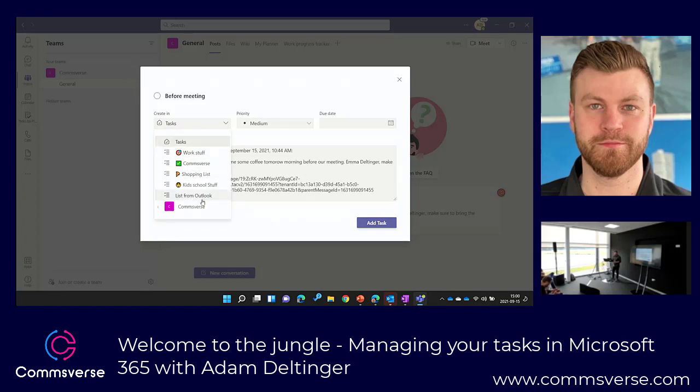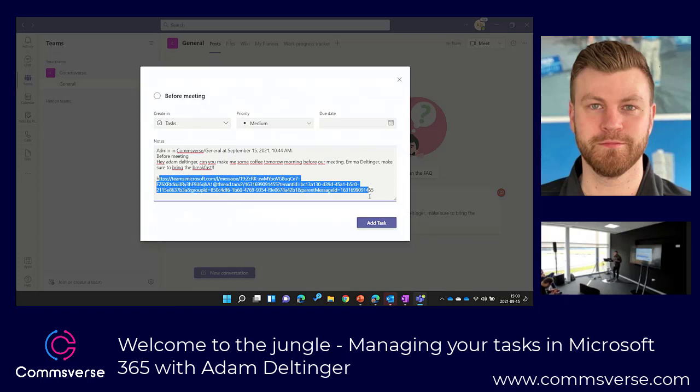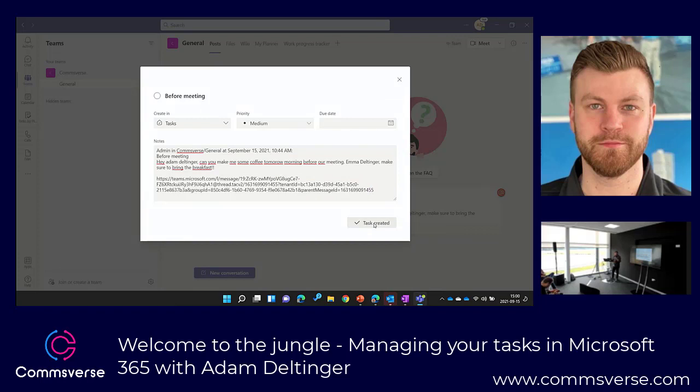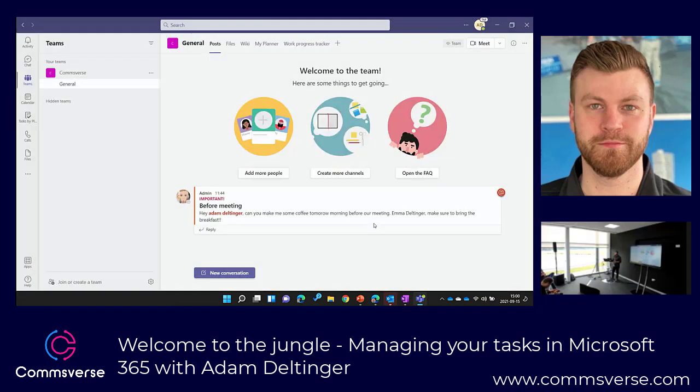Also, you can create it as a planner task. So you just choose the planner from this list as well. And you get a quick link to the actual Teams message within the task, so it can just take me to the actual message.